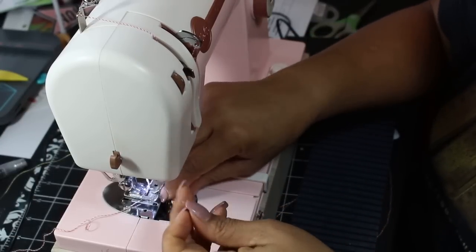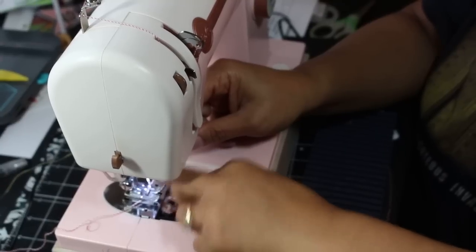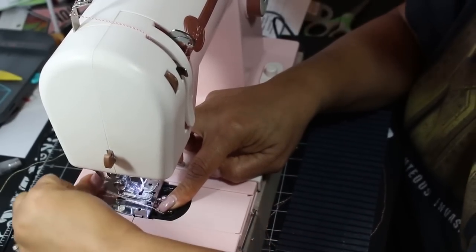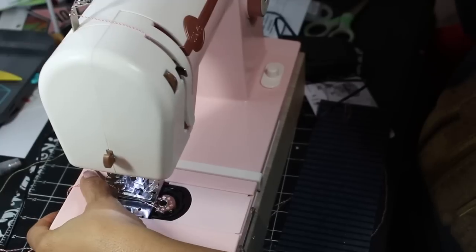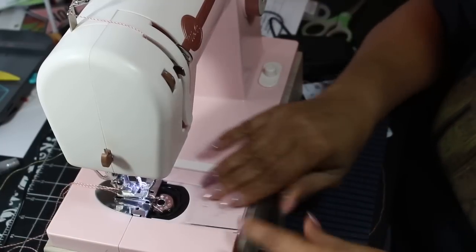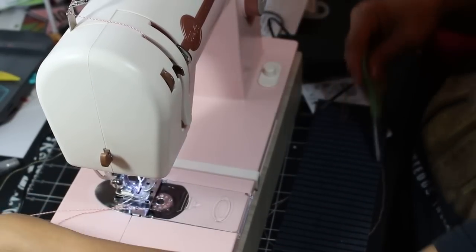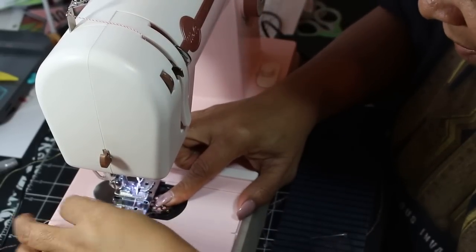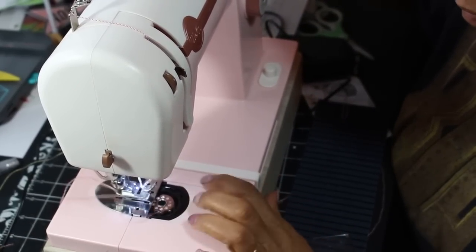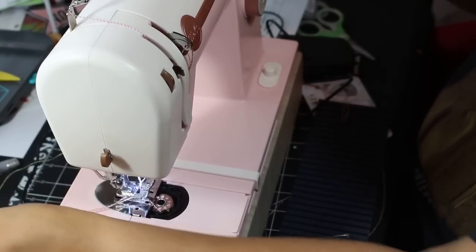Great. I'm not getting it to catch the bobbin thread, where I was not catching a minute ago. I sure did all that. Now this one didn't light up like the other one, but it still didn't catch. That didn't catch. So what is the problem? Okay, you're supposed to catch. You're just threading around like you're catching, but then when I go to sew,